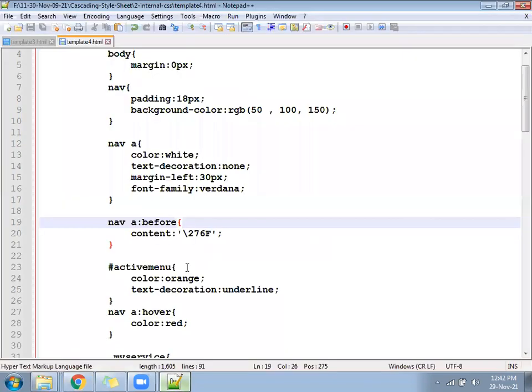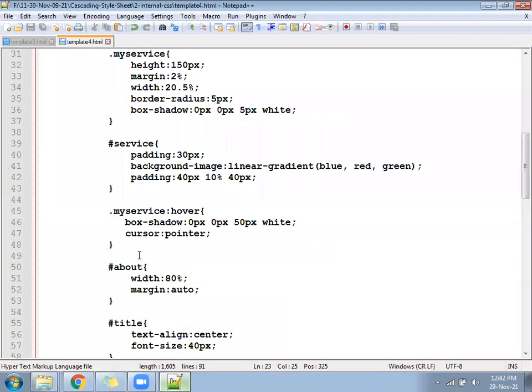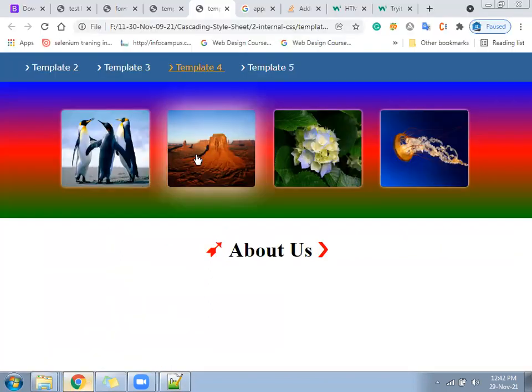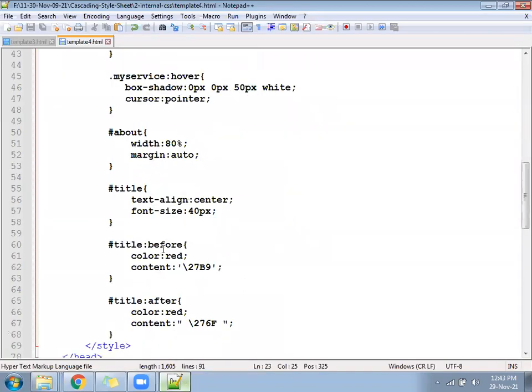So, before and after, how to use before and after. Suppose you have any text or any type of content somewhere, and before that you want to put some kind of icon or text dynamically. Then through CSS we can do it, using a property called before, or a property called after. And with the help of content, we can send any kind of icon, that hexadecimal number.